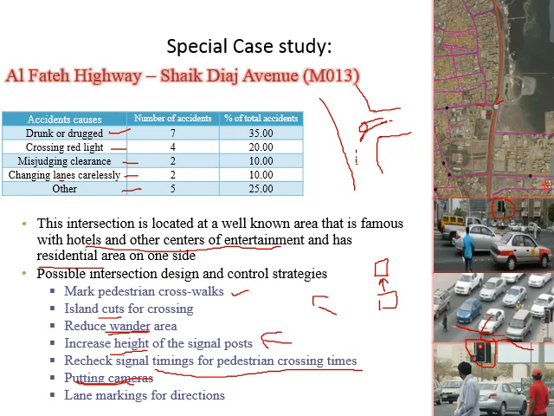Maybe on that road at that time there were no lane markings showing you which lane is for left turning, which lane is for straight. For example, there are 3 lanes here, and I don't know if I'm in the middle lane, can I go straight or can I take a left turn or not, or if I'm going straight, should I be in the middle lane, or should I be only in the right hand side lane. So provide some arrow markings here, and reduce the area of wandering on the intersection itself. So these things are supposed to decrease the accidents which are happening at this intersection. These are a few measures, but you can think of others as well.